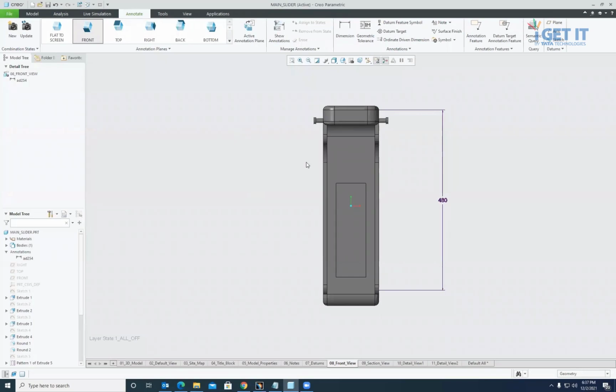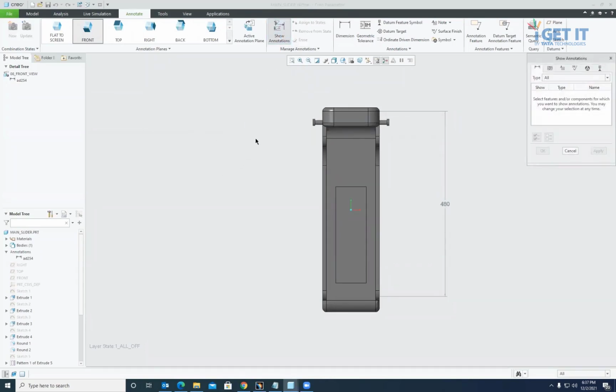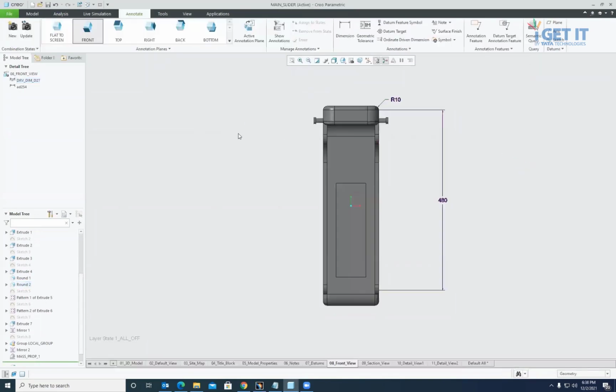The next one is about creation of driving and driven annotations. Let us first see the driving annotations. I say show annotation, and then from the model tree, I pick this round 2. This dimension comes from the round feature. I pick it, say OK.